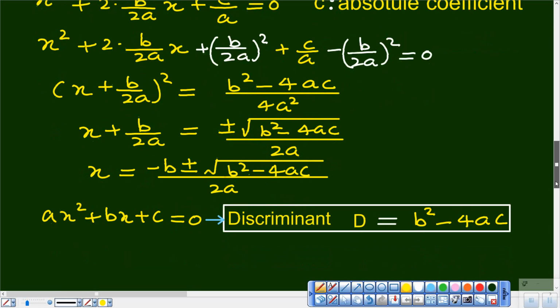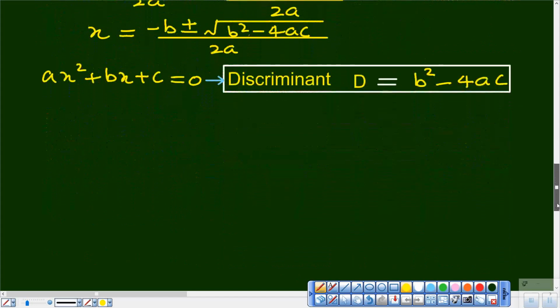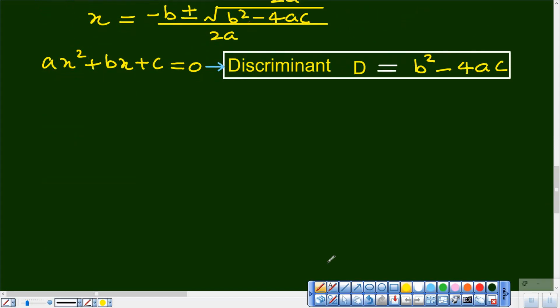Now, if I call the two roots alpha and beta, then the two roots of this equation are going to be alpha, any one of them can be called alpha, any one of them can be called beta, equal to minus b plus under root b square minus 4ac upon 2a, and the other root would be